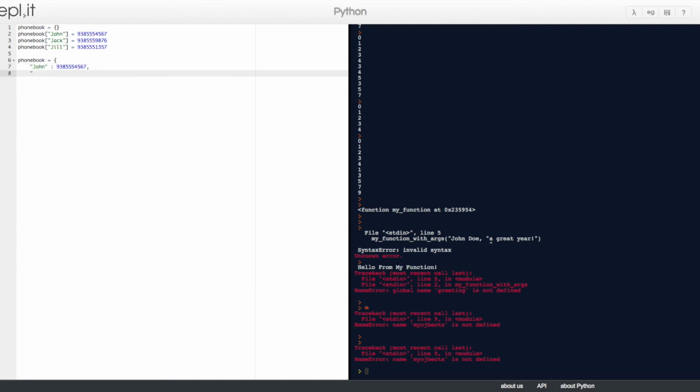And then the next line you would just put Jack's number, 938 555 9876, and then the same thing for Jill, 938 555 1357, and then at the end you close your squiggly bracket. So those are two ways of adding to the dictionary phone book.